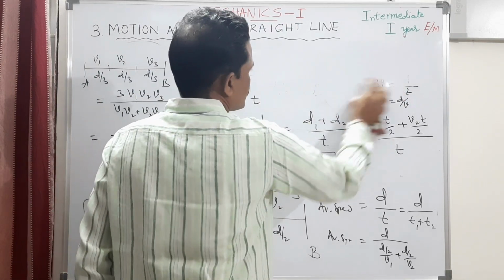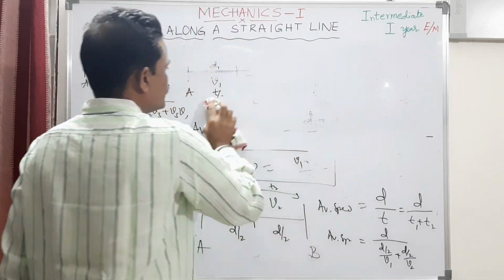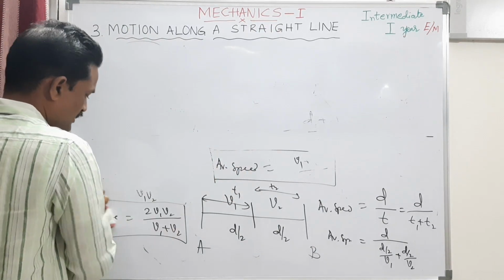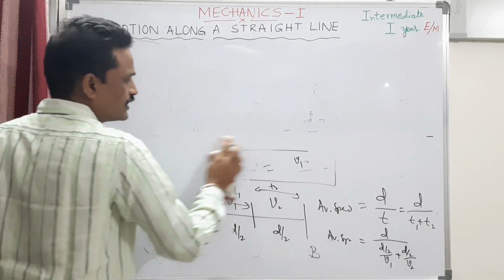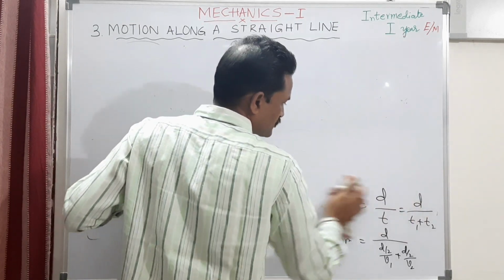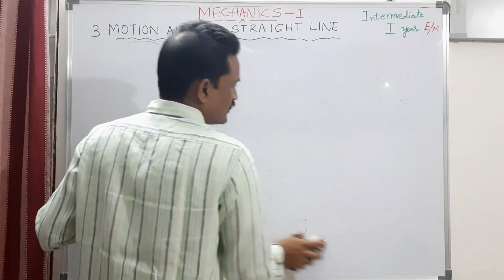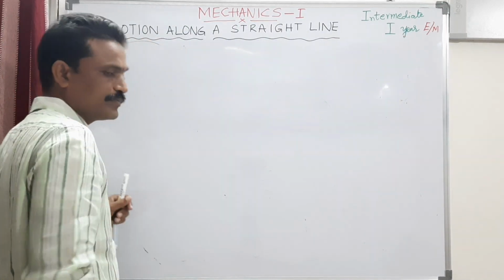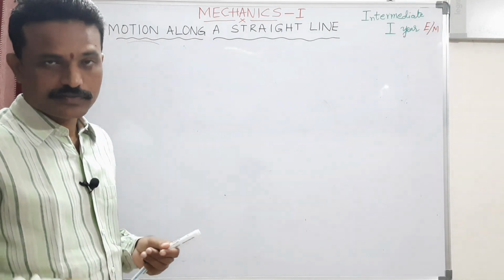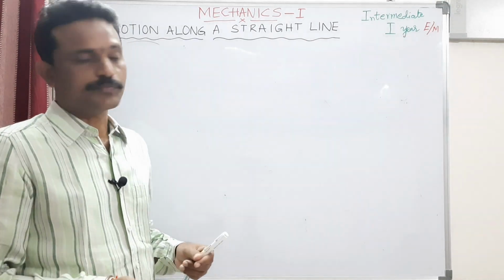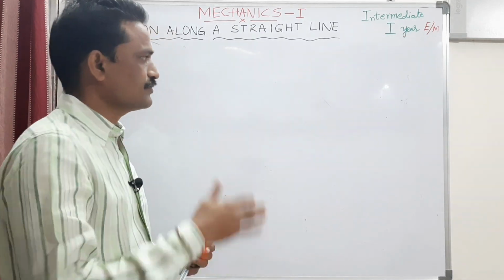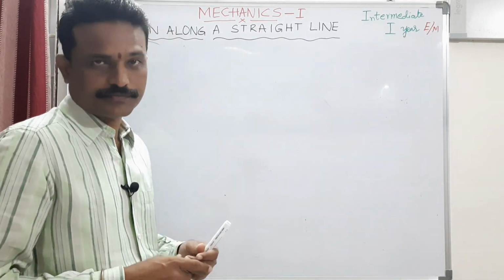There is another term related to velocity or speed, that is called instantaneous velocity or instantaneous speed. What do you mean by instantaneous? Instantaneous means at a particular instant. Instant means time. As I told you, you are going from A to B. So during your journey, at some time you travel with a speed of 20 meters per second. In the next second you may increase it to 30. Suddenly you may drop to 10. Suddenly you may stop. Suppose there is a railway gate or there is a traffic signal, red signal. Because of that you have to stop. So your velocity becomes 0.